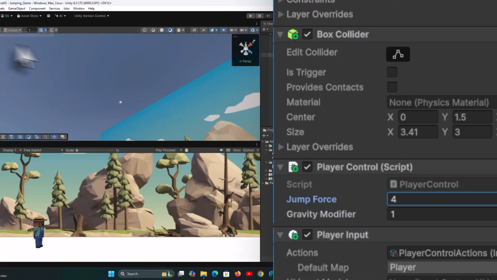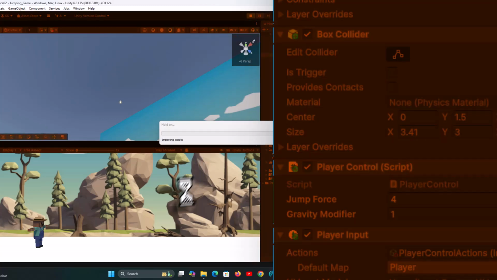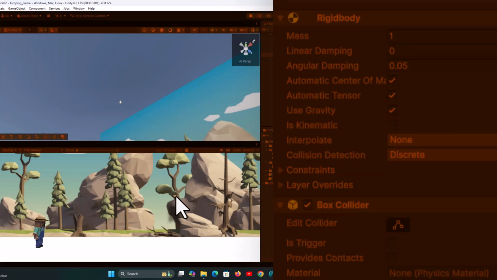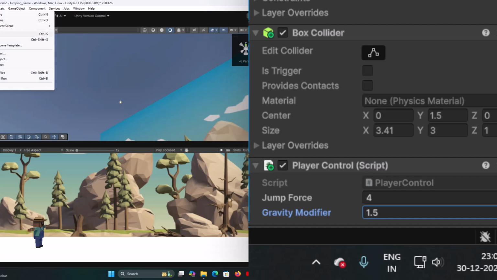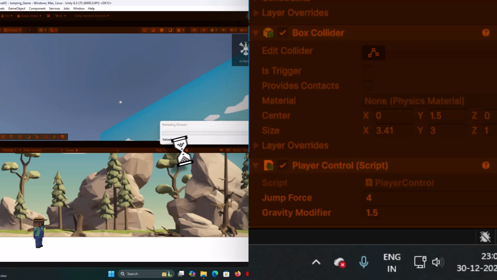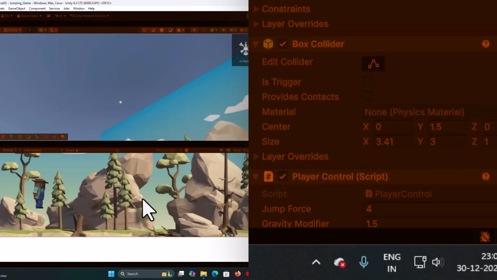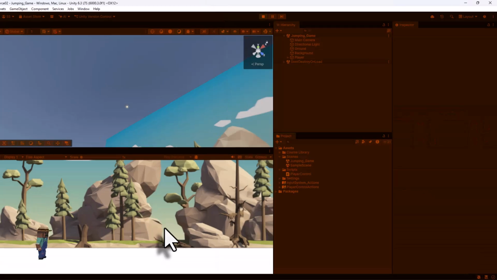Now if I come to File and save it, and execute the game and check it, now if I press space, see. Stop the playback, I will make this gravity 1.5. I will go to File, save it, and now if I execute the game and check it, he is jumping correctly. One issue we have here is, when I am jumping, if I keep on pressing my space bar like